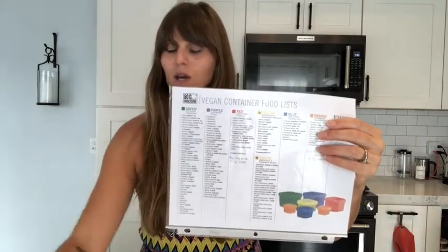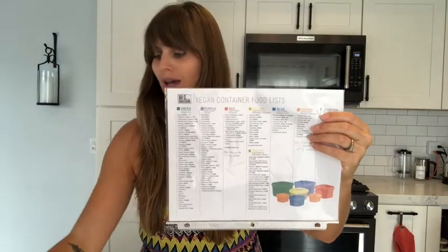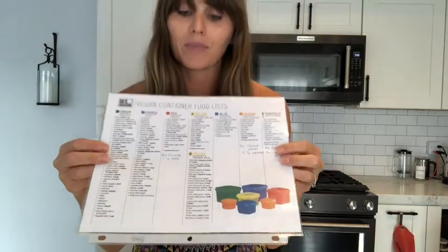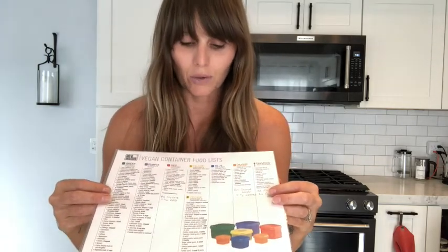So first of all, we're looking at our food lists. We have greens, those are our veggies. We have purples, those are our fruits. We have reds, those are our proteins. We have yellows. Yellows for the vegan plan are split into two kinds, yellow A's and yellow B's. Your yellow A's are your whole grains like quinoa, rice, oatmeal, farro, that kind of stuff. And your yellow B's are your starches, so sweet potato, yams,